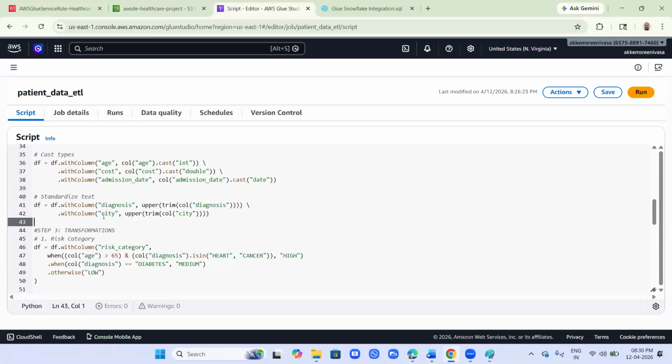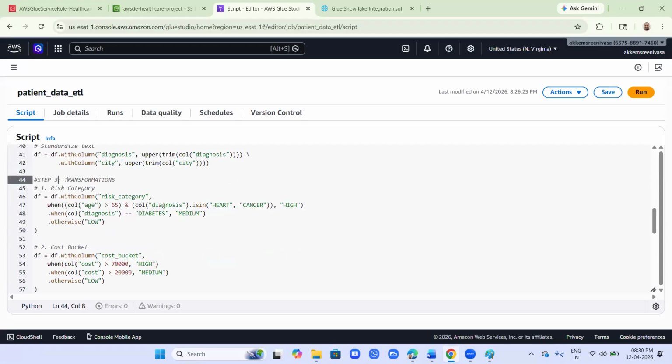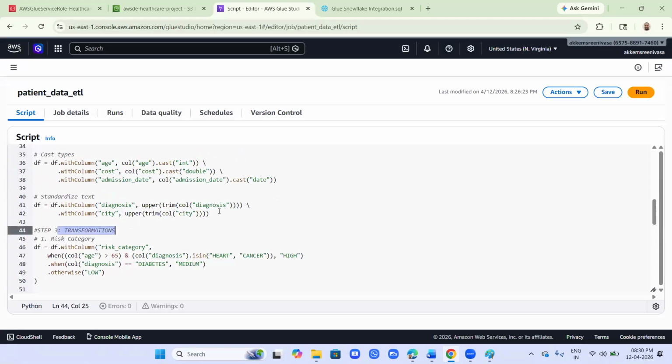Okay. Next, the city column. In the city column also, I'm doing the same, removing spaces before and after the value, then converting into uppercase. Next one, I'm performing transformations after completing